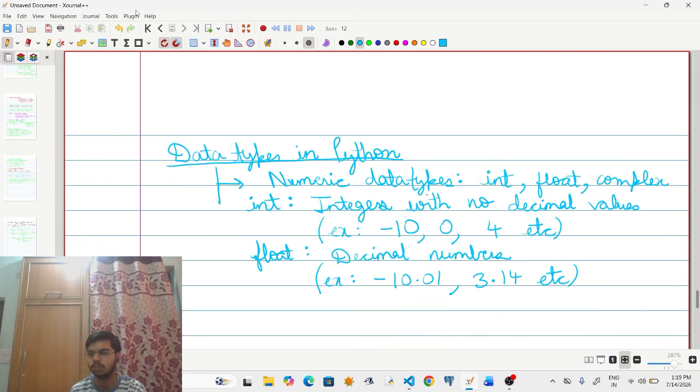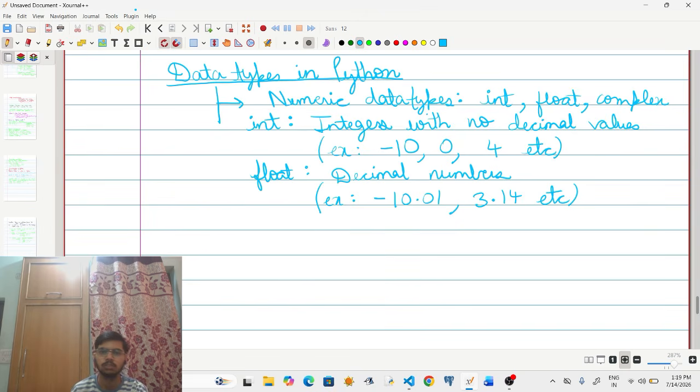And what is complex data type? Complex are basically a combination of real numbers plus imaginary numbers.